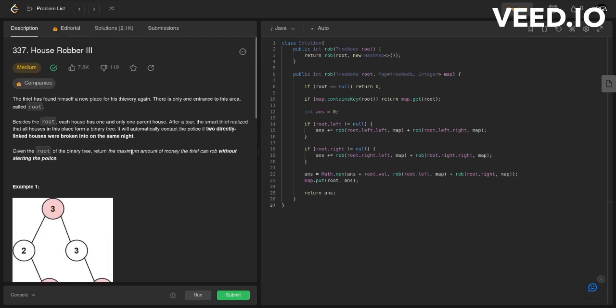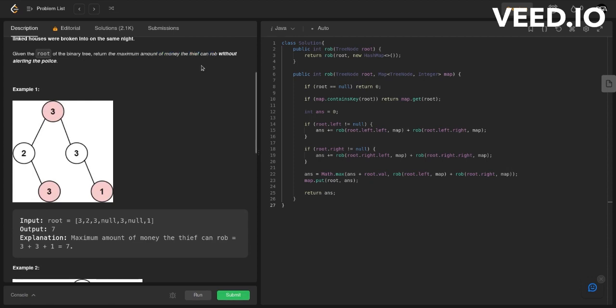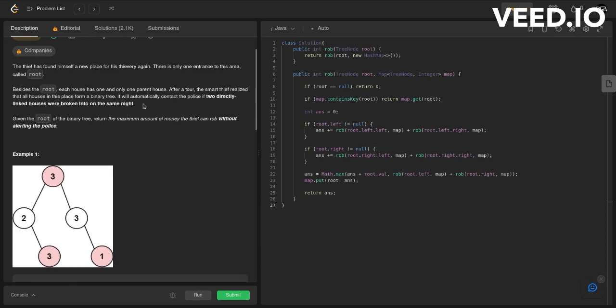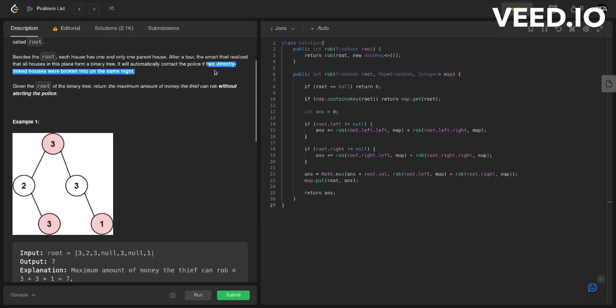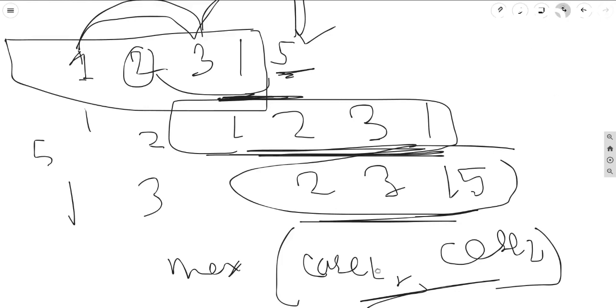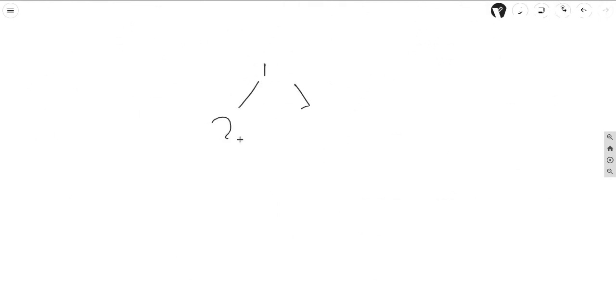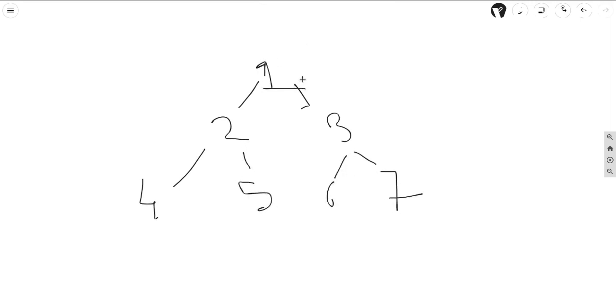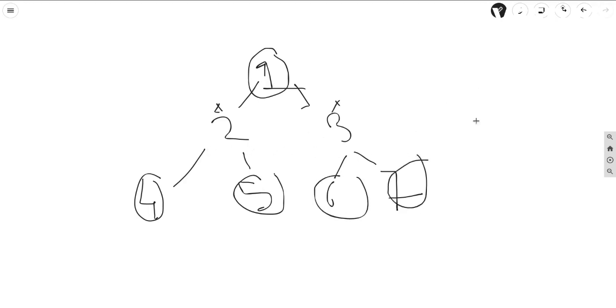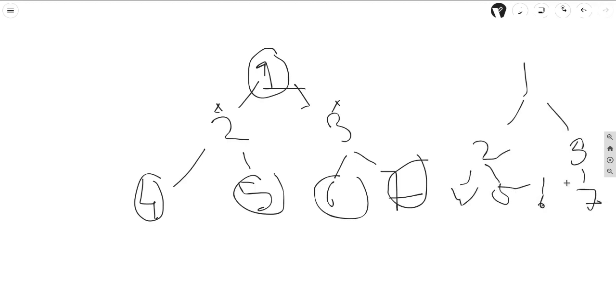Now we have the third type of it, in which it is given that the houses are in the form of a binary tree, and we need to find the maximum amount of money that can be robbed, and it is given that we cannot break into two linked houses. So if this is 1 2 3 4 5 6 7, we cannot break into two linked houses. If we choose 1, we cannot choose 2 and 3, so we need to choose 4 5 6 7, or else if we choose 2 and 3, these values cannot be chosen,